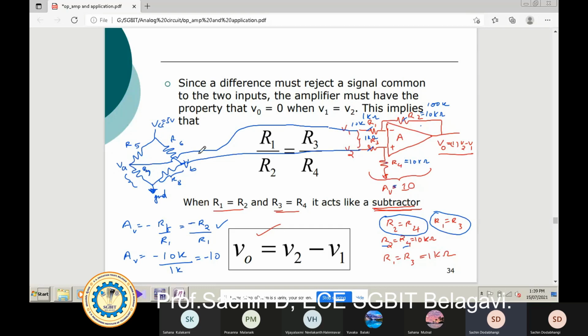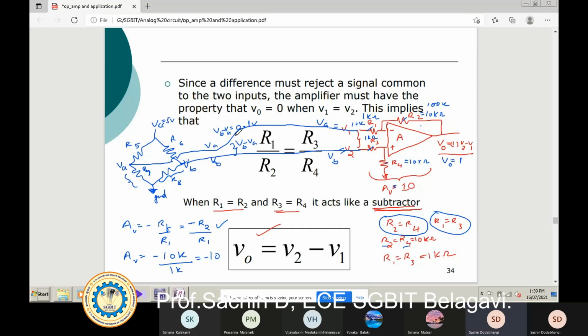So here we have the difference in the voltage. This is my VA and this is my VB. The voltage difference is VA minus VB, which I'll take as VB minus VA. So V1 is nothing but VA, and V2 is nothing but VB. So I'll take VB minus VA. Suppose the difference is just 0.1 volt, but I need an output voltage equal to 1 volt.